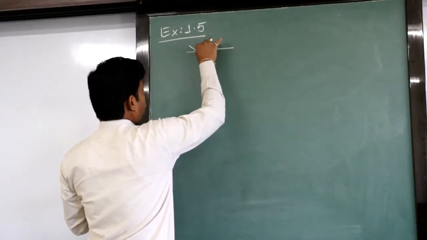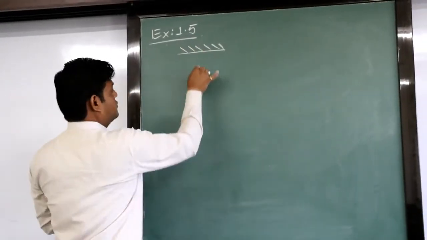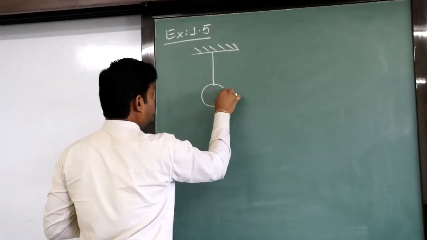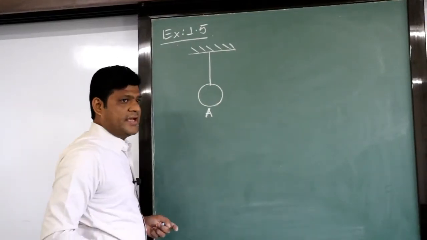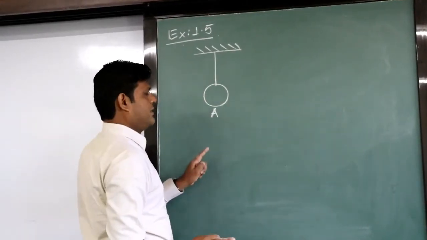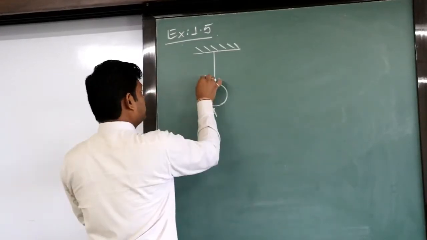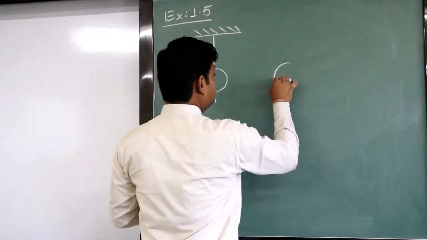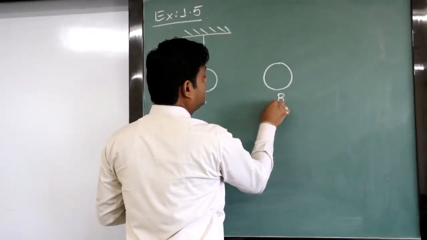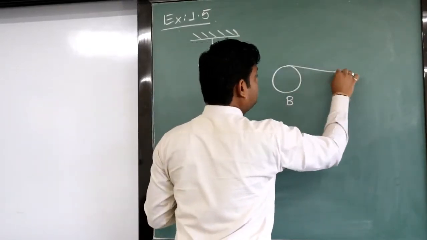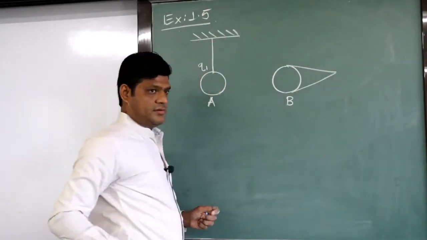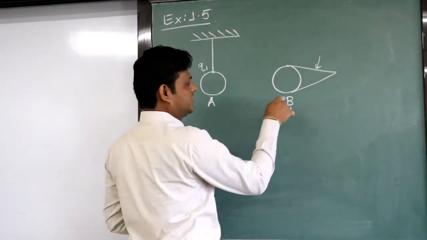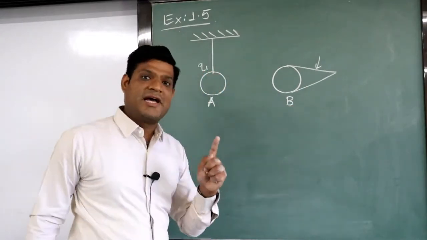One sphere is given and it is suspended through this nylon thread. This is the sphere, name is A, and it is a charged sphere, means we can say that charge on the sphere A is Q1. We are having another sphere, that is sphere B. It is held by an insulating handle, right? So you can draw a hand over here. This is the insulating handle. This is the sphere B and it is again a charged sphere.